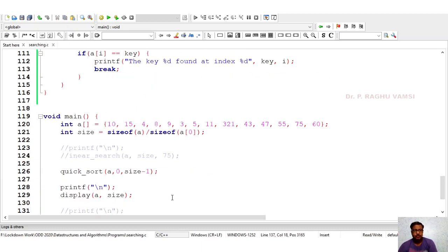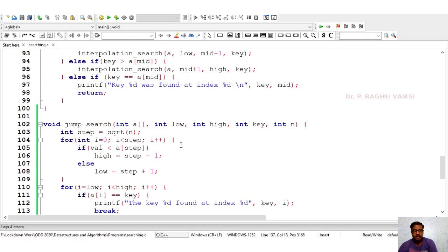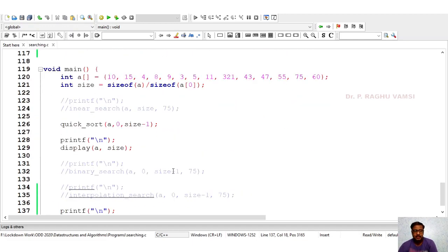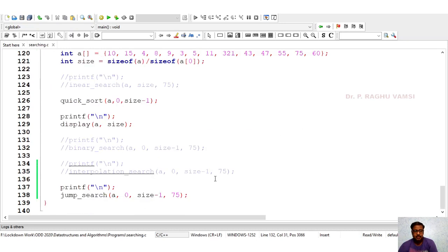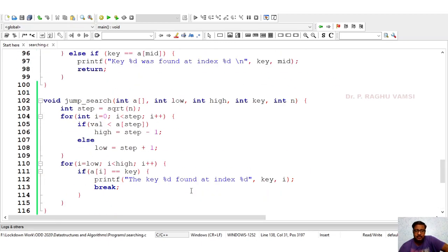Here low is 0 and high is size minus 1 or size plus 1, the number of elements, and 75 is the key that needs to be searched.